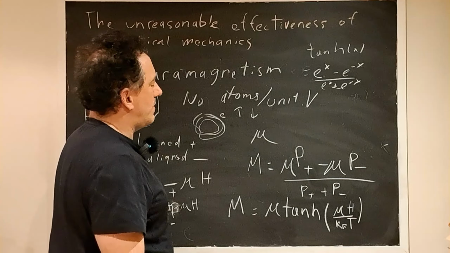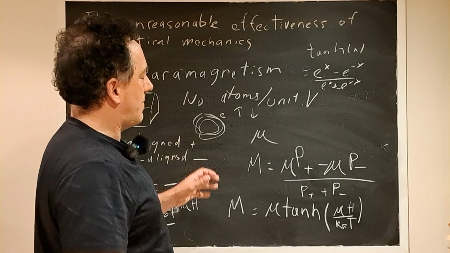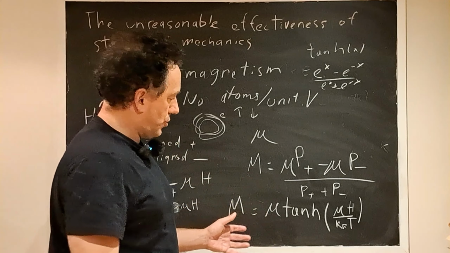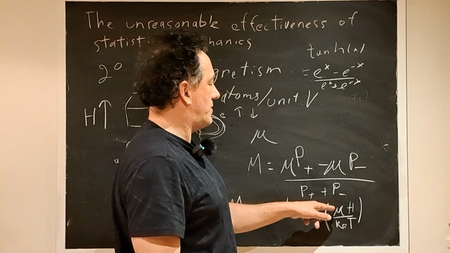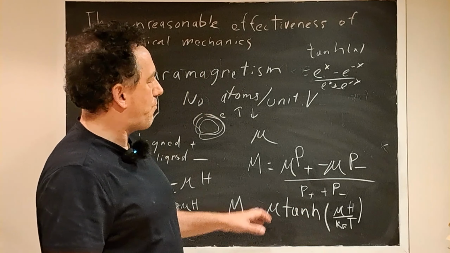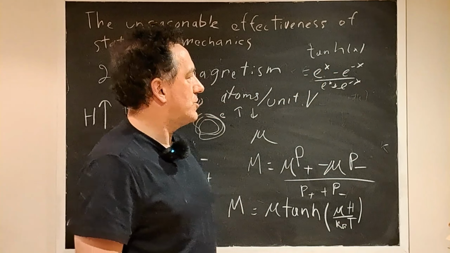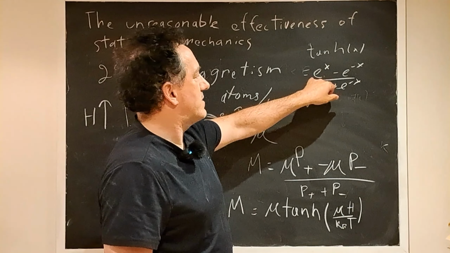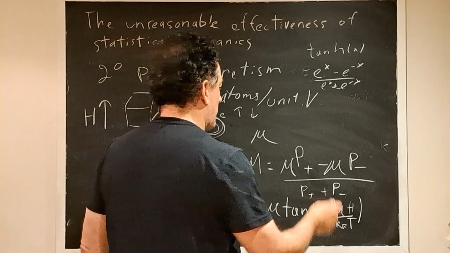Now, if the temperature is relatively large, this term is large compared to this energy, then we can approximate the hyperbolic tangent by noting that when x is pretty small,